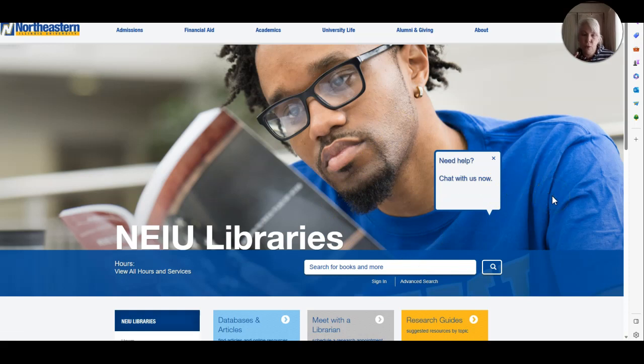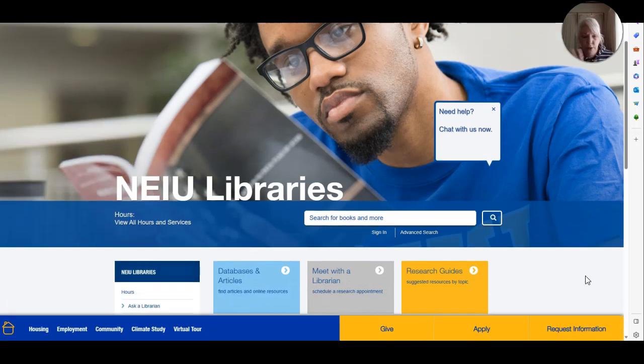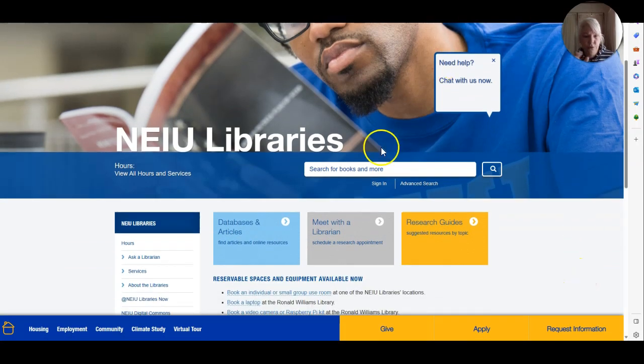either through Newport, or you can just go directly to the Northeastern website and go to the library. If you go through Newport, you'll find there's a little icon that shows library, and when you click on it, it'll take you directly here, okay? On this homepage, there are a few different ways you can get into the library's